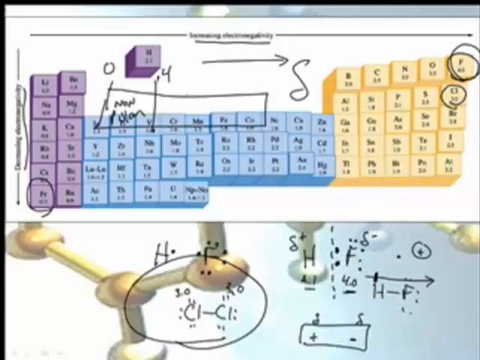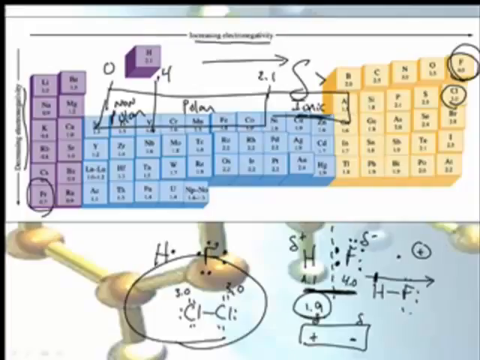And then if it's between 0.4 and 2.1, it's considered polar covalent. That's where there's unequal sharing. And if we did this one down here, 4 minus 2.1, I think it's 1.9, so that would be a polar covalent bond. And if you are higher than 2.1, greater than that, this becomes ionic. It becomes so polar that there's essentially a complete transfer of the electron. The example we gave was in